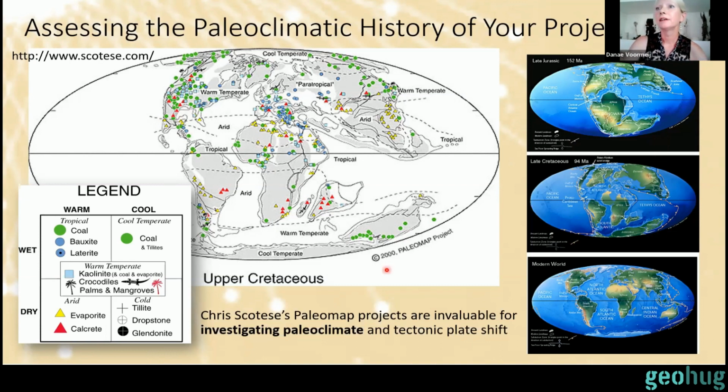But since then, he's done more work, including work on paleoclimates using fossils of crocodiles and fossils of palm trees. And with that, he's able to see over time, so this is for say 100 million years ago, but he moves through time, and you can actually see where your project area was over time. And with that, you can predict what type of regolith you may be encountering in your project area,